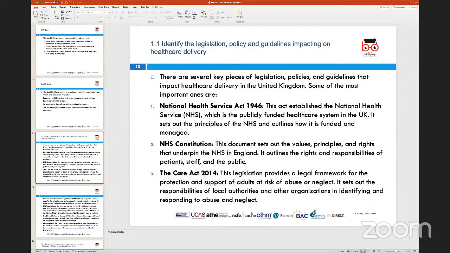Right. Now, let's look at going into some of the assessment criteria. There are two assessment criteria for learning outcome one. The first one talks about identifying the legislation, policy, and guidelines impacting healthcare delivery. So here, in this particular